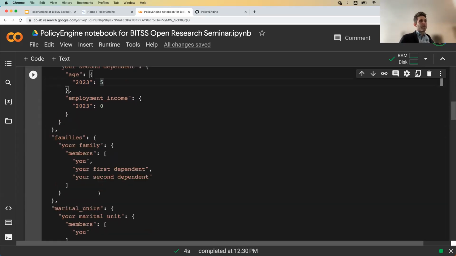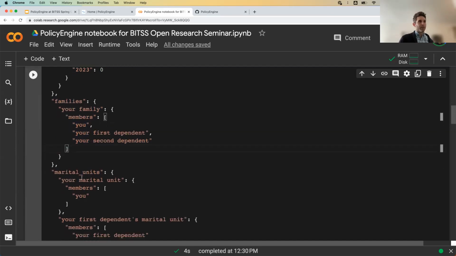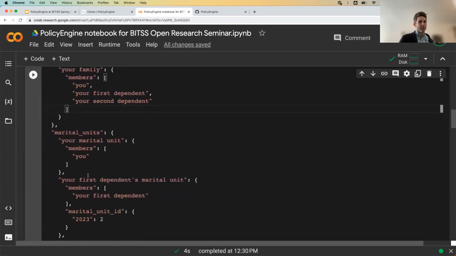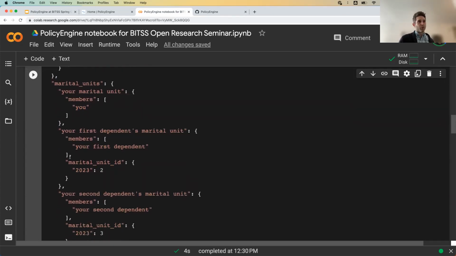And then we have to define also structures that contain them. There are a variety of structures that we have in our model because different tax and benefit programs consider groups of people differently. So we have to model each of those separately. But basically, in each case, it's the same. We have the entity that we care about, the specific entity that we're entering, and the members in that entity. So they have a family, they have a marital unit, and that's for the SSI program, actually.